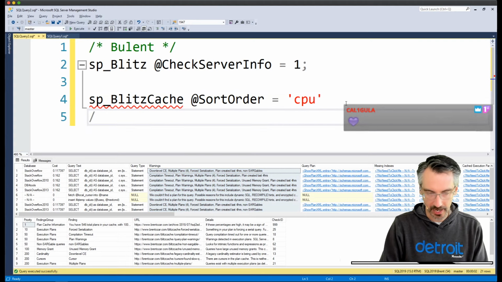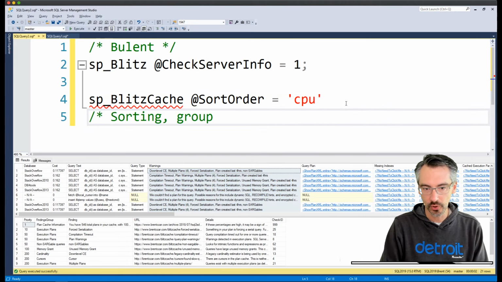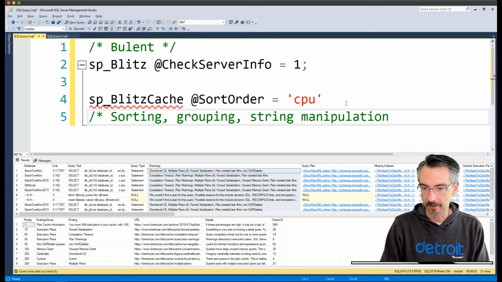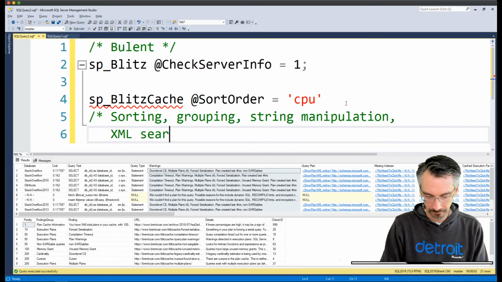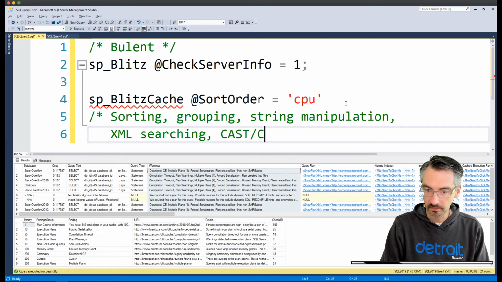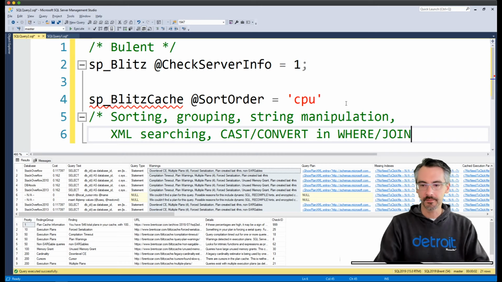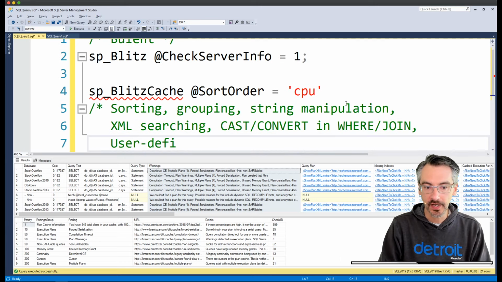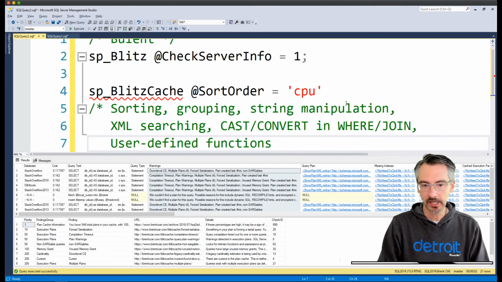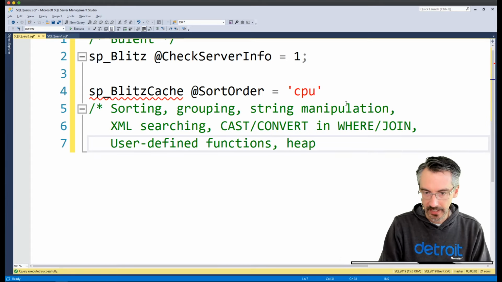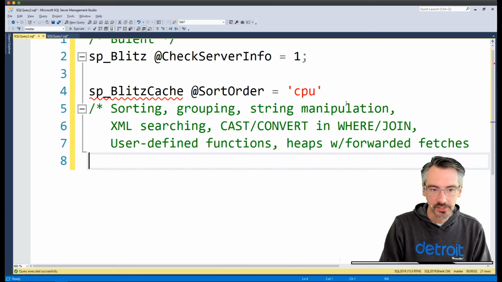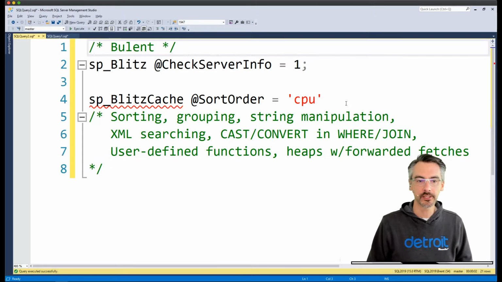So things like sorting, grouping, string manipulation, XML searching, cast converts in where and join, so like filtering by that, user-defined functions, and that's probably a good start. Heaps with forwarded fetches. So these are the kinds of things that you're going to be on the lookout for, Bulent.